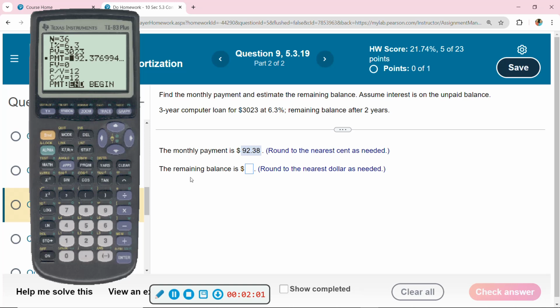And now it wants to know the remaining balance after 2 years. Well, okay. You'll use the same screen, but N will be after 2 years. So after you've made 24 payments, the interest rate is still 6.3. It started off at $3,023. You're paying $92.38 a month. We want to know